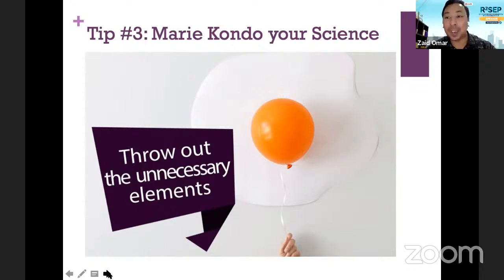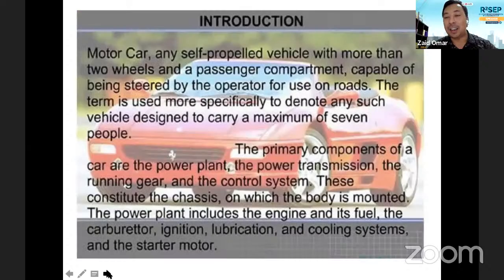So the same goes with your presentation. You don't need too many points, too many things on your slides or on your script. Less is better, so throw out the unnecessary elements. The first example would be something like this, whereby you look at your slide, so many words, and